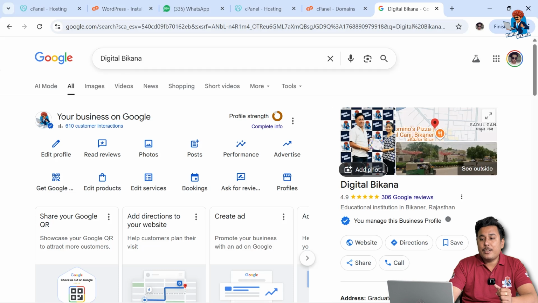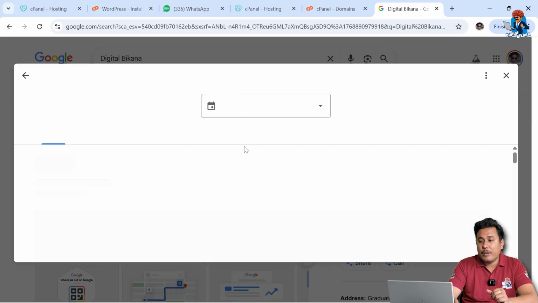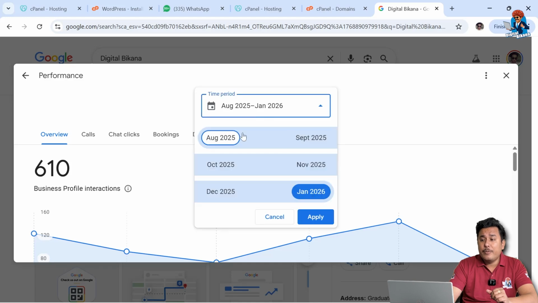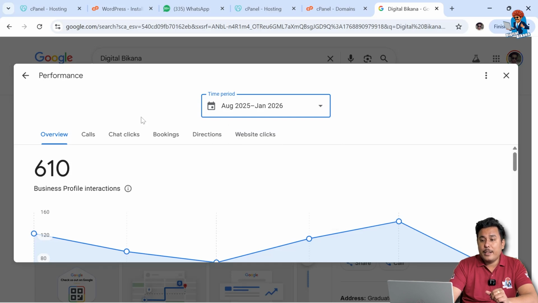So I have just searched for my business name on Google search engine using the same Gmail ID from which I have created the Google My Business listing. Now here you will get an option of performance. You just need to click on this to measure how your Google My Business listing is performing. Here we can see the data of the previous 6 months, right? It is showing me the data of August to January, and here when we scroll down in the overview,